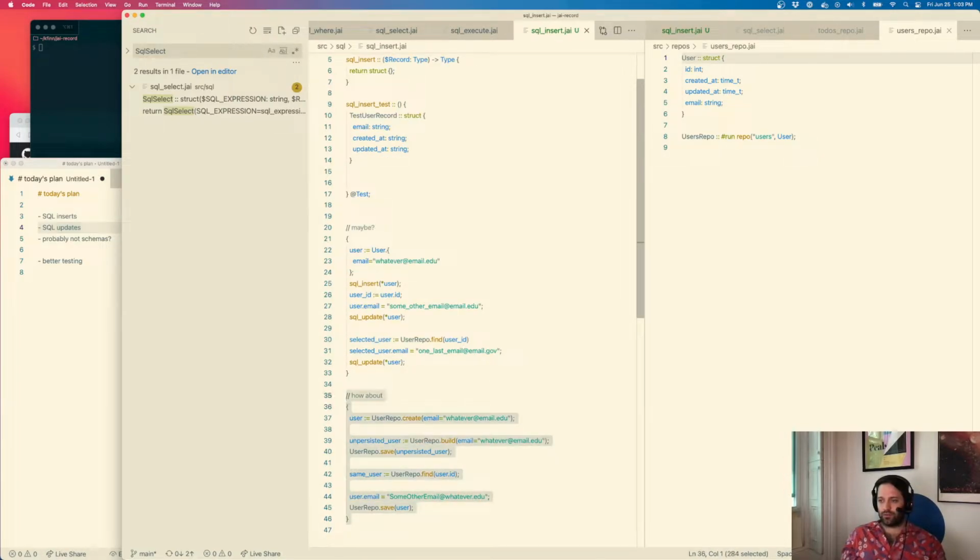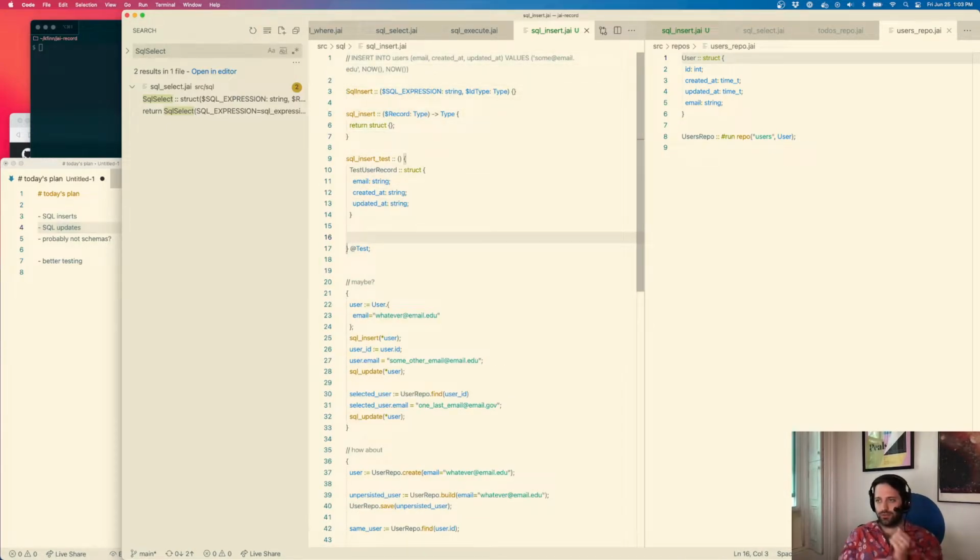All right. These all seem like repo level concerns, and I think we can easily get the behavior that we want here. And things are going to be cool. Yeah, okay, great. So we have a test user record. We're going to want, yeah, I'm going to say it. I think we want